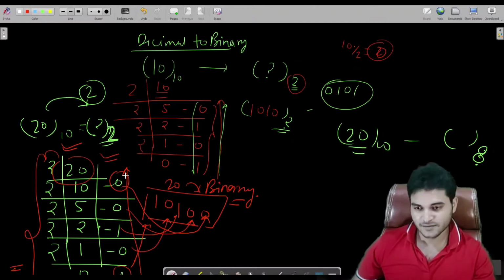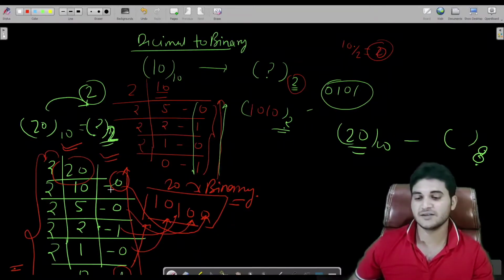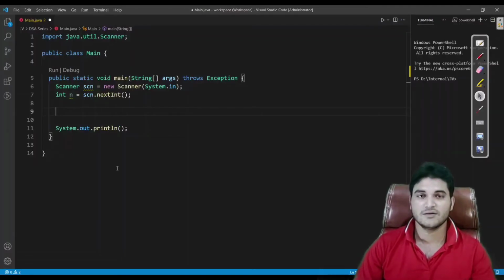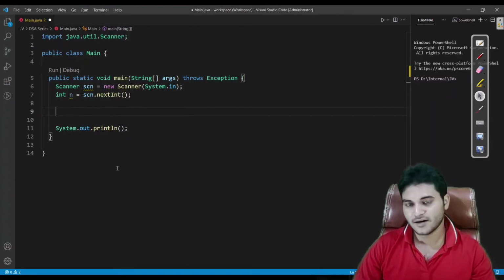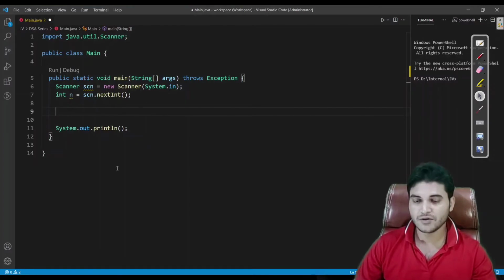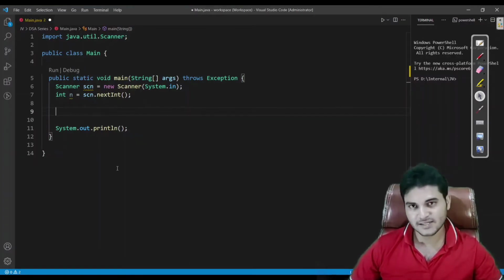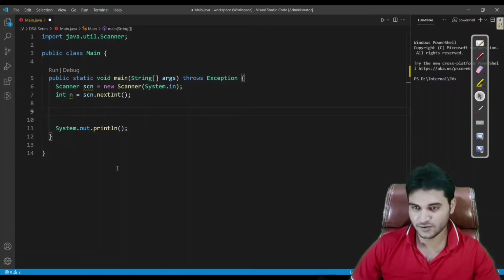We would see the logic for getting these remainders in reverse form, because we have to take all the remainders in reverse. So I am going to write the code for converting the decimal number into binary. And with this series we are going to introduce functions also. So if anybody is less experienced with functions, then you should be able to learn them from now onwards.